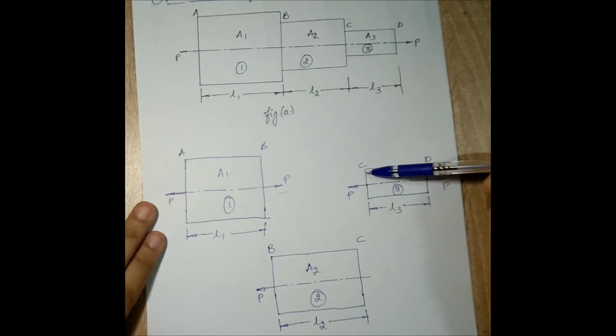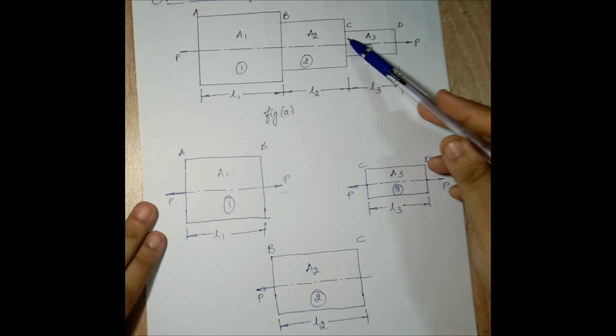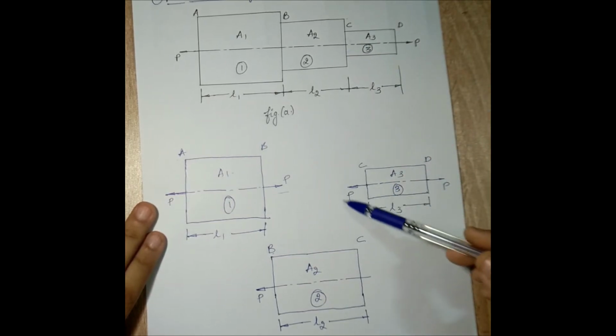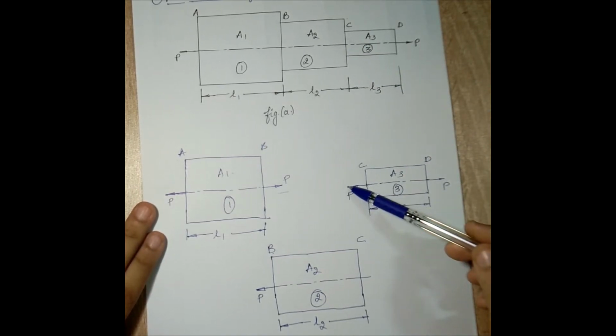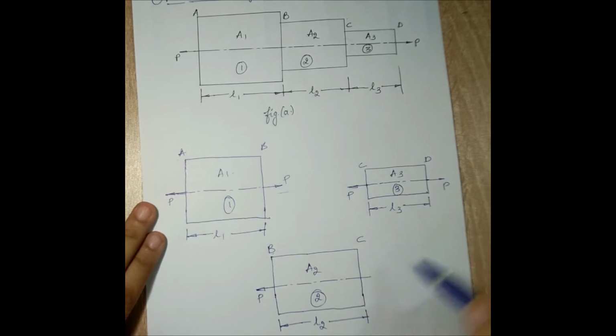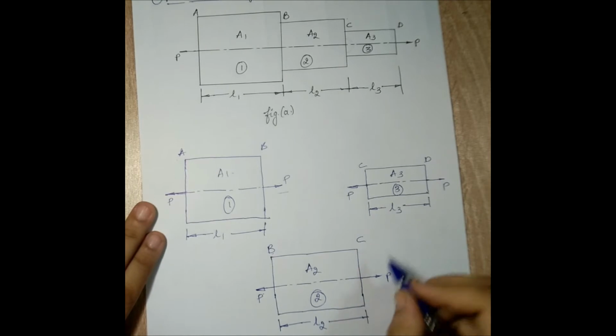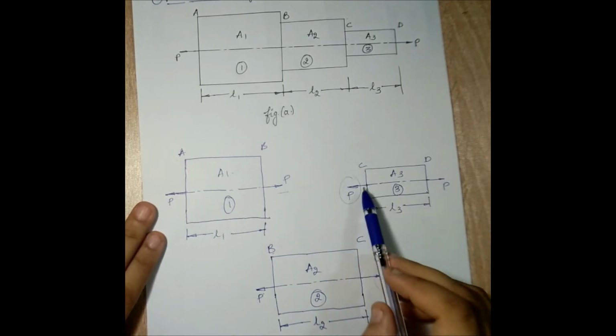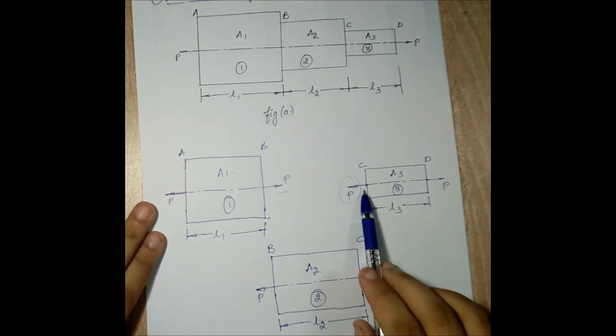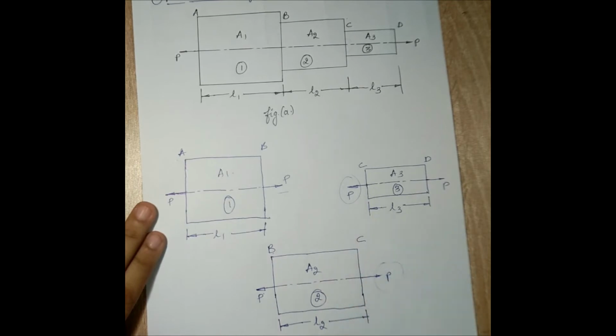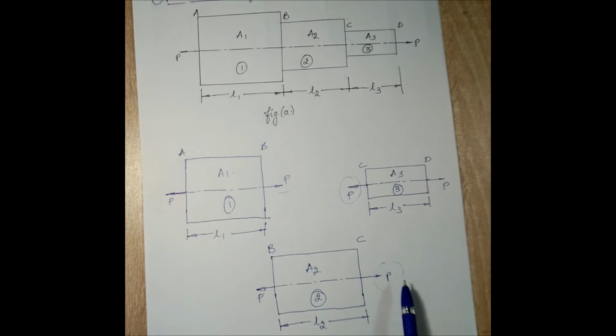Similarly, when I talk about junction C, over here there is no load shown, which means when I look at this section, I can see it is of tensile type. Since it is pulling, obviously this is also pulling because one end is being pulled. But if you observe only these two, you will see that both the forces are pulling each other in opposite directions, so they are equal and opposite and they cancel out each other.